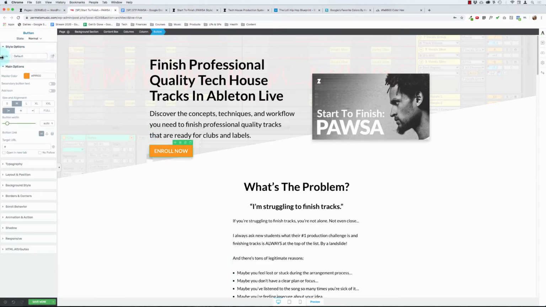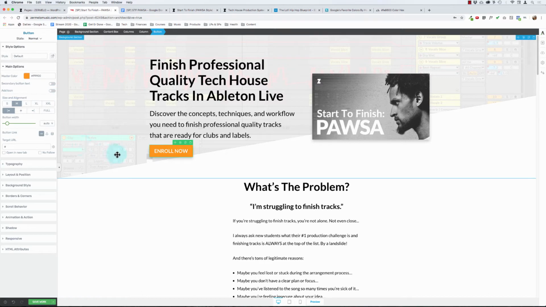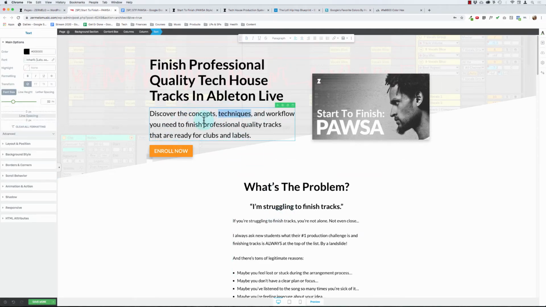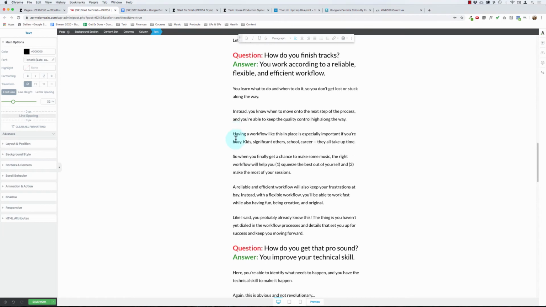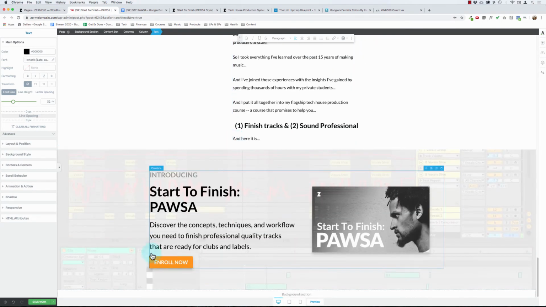So Thrive lets you do these smart colors somehow. I don't know how to do those, but I'm sure it's pretty cool. If you're able to just create the branded colors and stuff and then assign special colors around so that you can change everything at once. I know it's possible, but I don't know how to do it yet. It would be pretty nice to figure that out. Okay, so